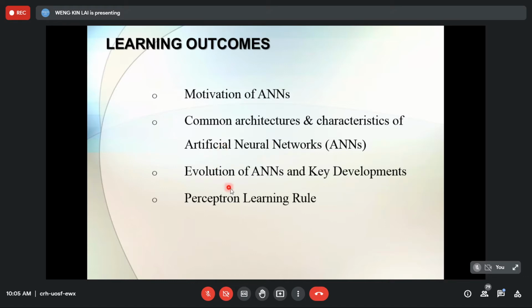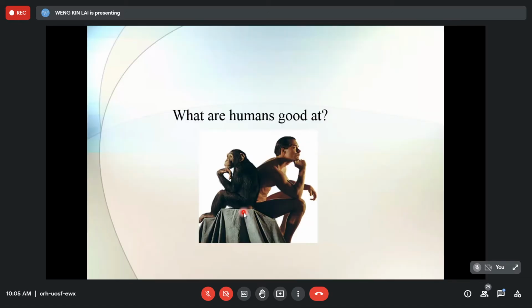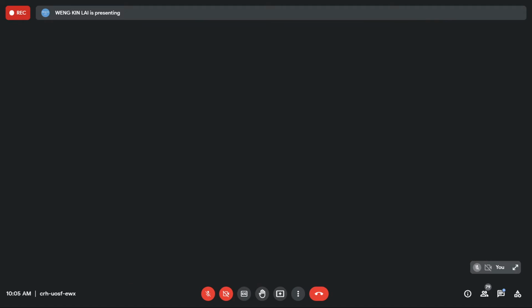The last part here, hopefully we can cover it today, is the perceptron learning rule. We look at one of the rules, the perceptron learning rule, and see how we can use it to train your simple artificial neural network based on the perceptron. Okay, that was what we were covering. So now we go back to,